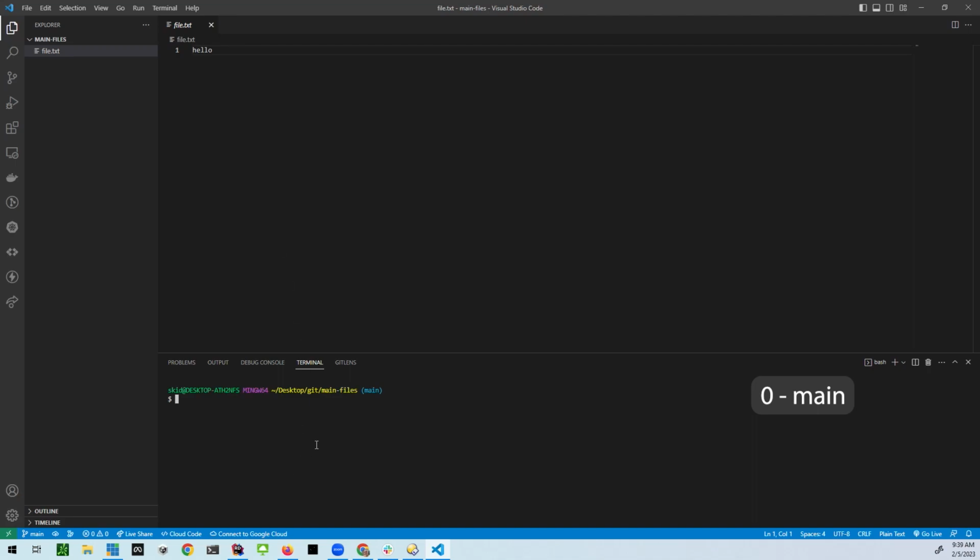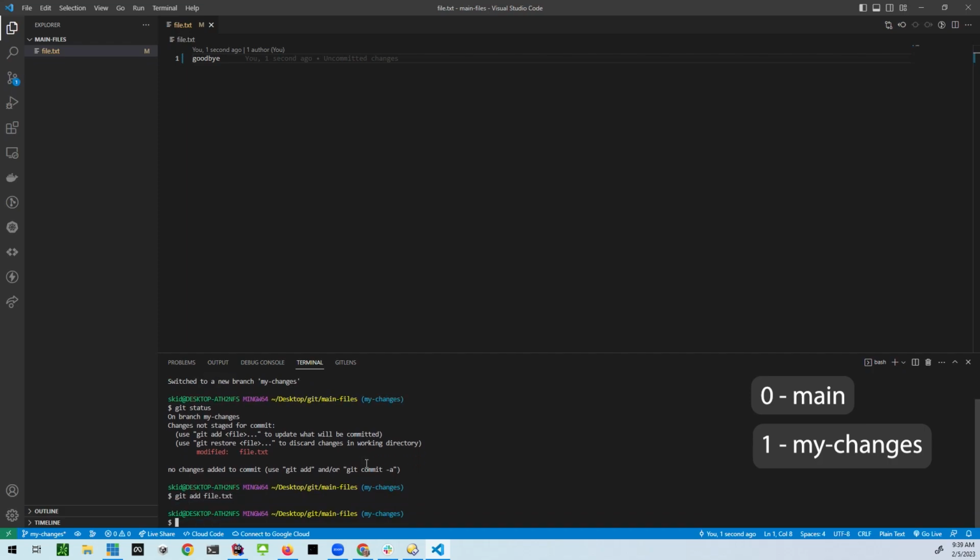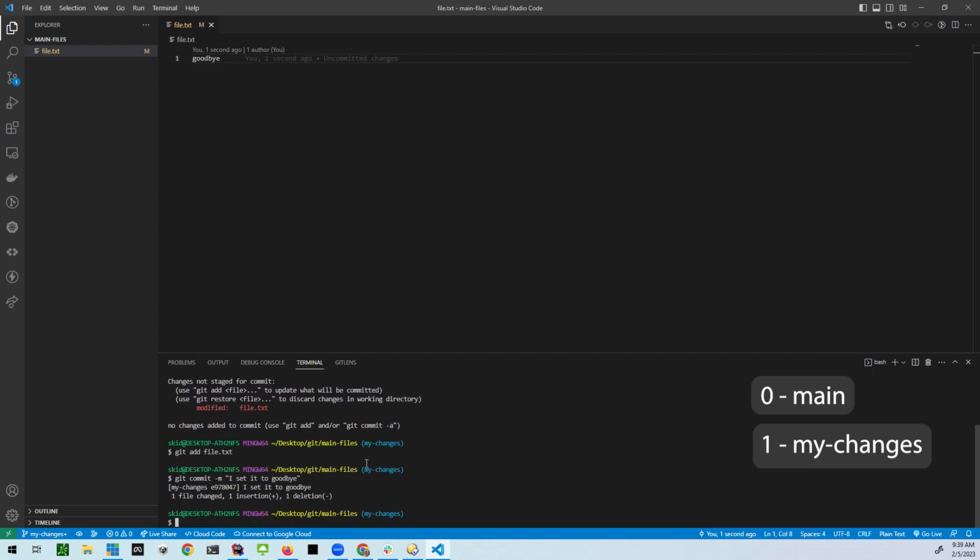Right, so let's say I need to make a change, right? So I'm going to go in there and create a new branch, and I'm just going to call it my changes. Okay. Then I'm going to come in here and change this from hello to goodbye. All right. So we do a git status. We can see I've changed that file, so I'm going to add it. I'm going to commit it. I set it to goodbye. All right, and then while I'm doing that,